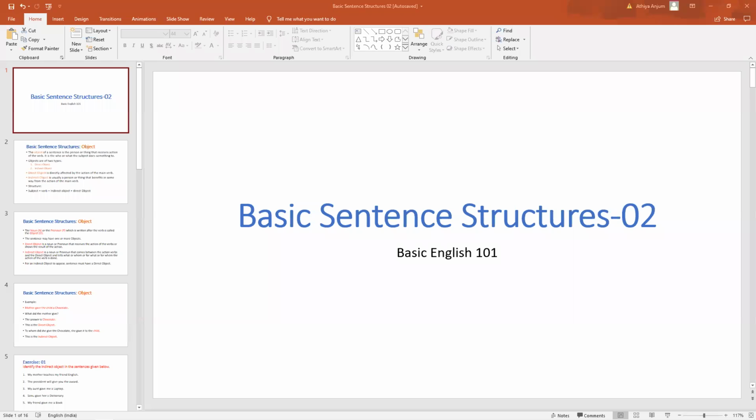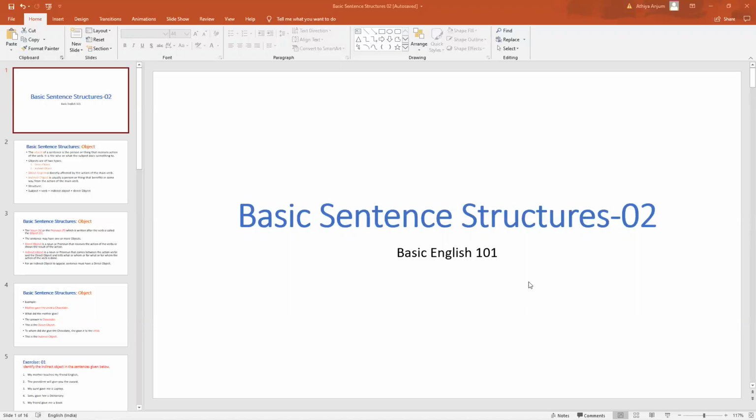Yes, good morning, students. Now we are going to continue with the basic sentence structures. Let's quickly recap whatever has been done so far. Do you remember? We have done the first pattern, subject plus verb. So, which verb did we use there? Subject plus verb. We have used the intransitive verb. That is the verb which is not followed by an object. And the next pattern was subject plus verb plus object. Okay, direct object, we have done SVO, where you had only one object.